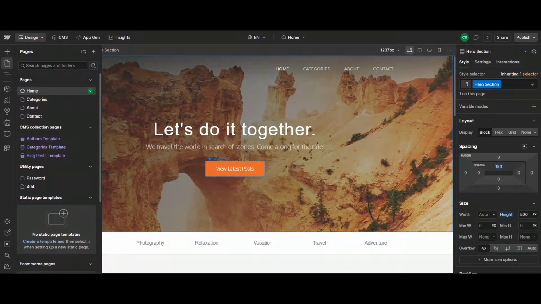In today's video, I'm going to show you how to add cookie consent to your Webflow site step by step. This is essential if you care about user privacy, GDPR compliance, and building trust with your visitors. The good news is that Webflow makes this very easy using built-in apps, and you don't need to write any